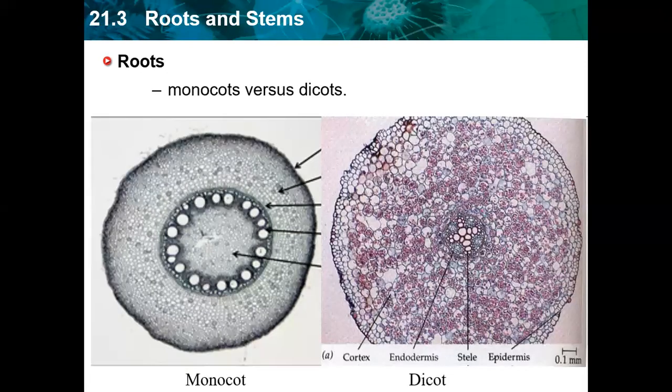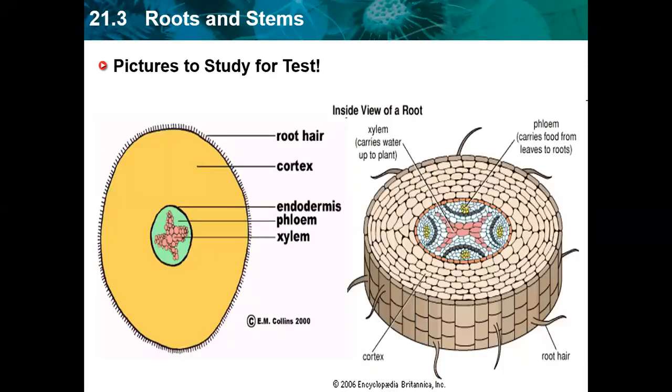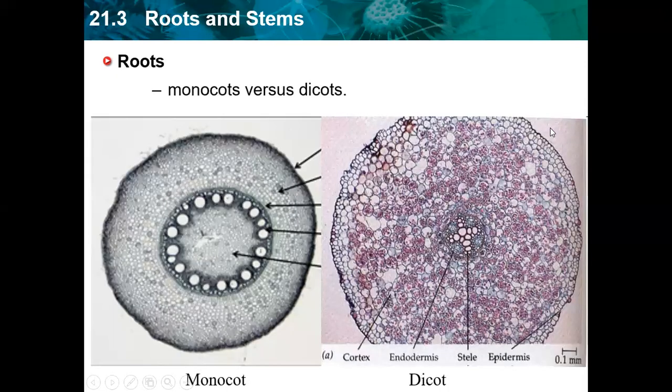So this is the section here, actually. We see that on the inner side we find xylem, and on the outer sides we find phloem. This is the monocot. This is the radial section, we call it the radial section. This is the stele region. Here is the endodermis. Here is the xylem. Here is the phloem.